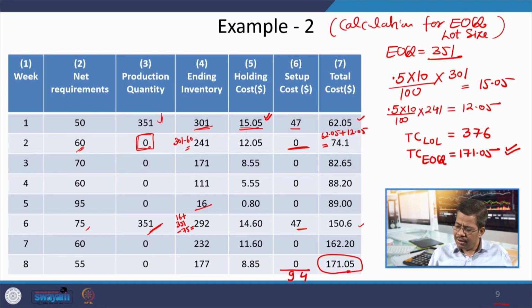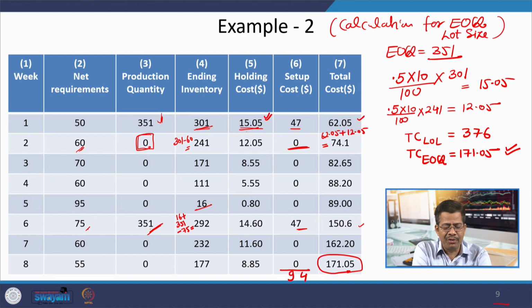but actually you need to give the order few periods before, because you know the concept of lead time, and because of the lead time it is not possible that the same week when you have the requirement you are producing also in the same week. If I require item in the 6th week, maybe I have to start the production in 3rd or 4th week, then those items will be available. That is what we have already discussed in the MRP. But right now our purpose is to explain to you in how many different ways lot sizing can be done.